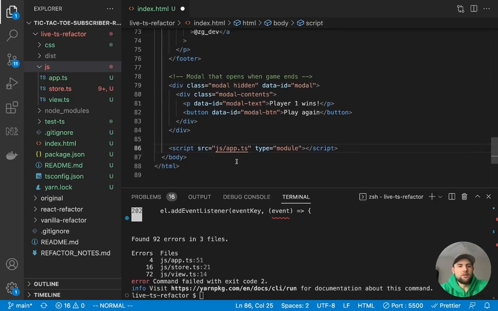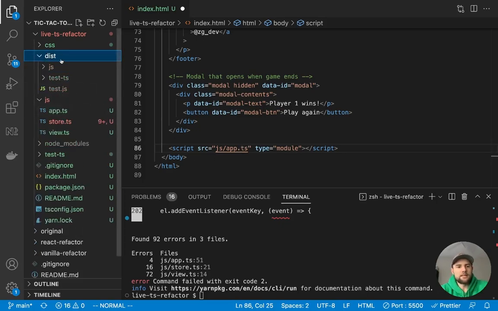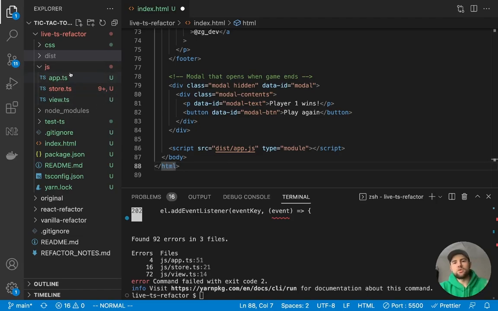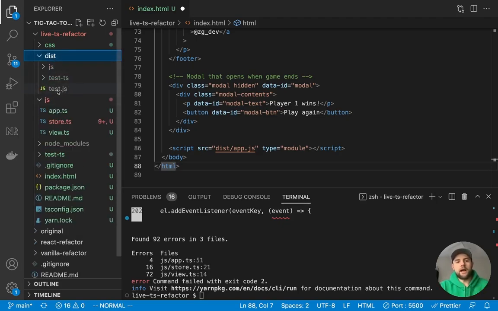So what we really need to adjust here, I'm just going to do this right off the bat so that we don't forget, is now that everything's being compiled to the dist directory, we need to specify, instead of JS, we're going to look in the dist directory and import app.js. So same thing as the original project, it's just going and looking in a different directory. Instead of the source code that, in our prior refactor, was able to run in the browser, now we have to use the compiled code.